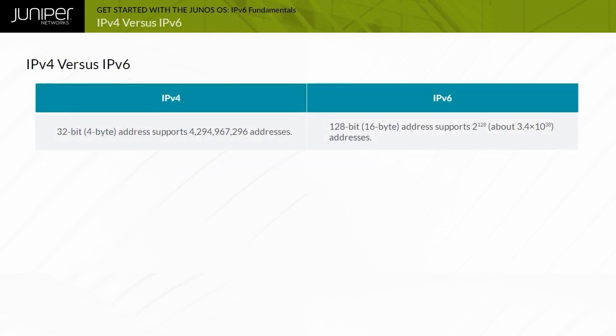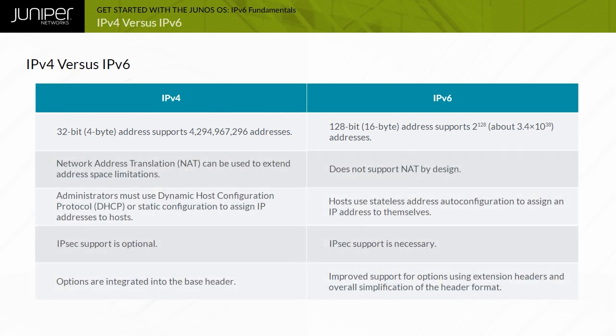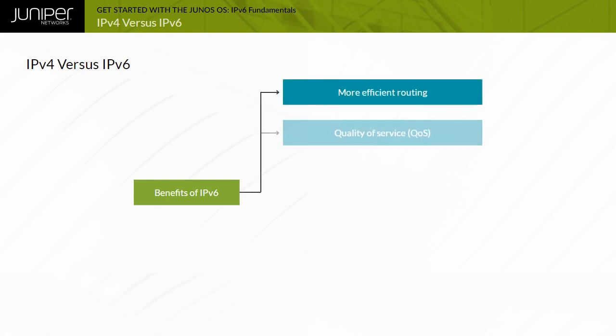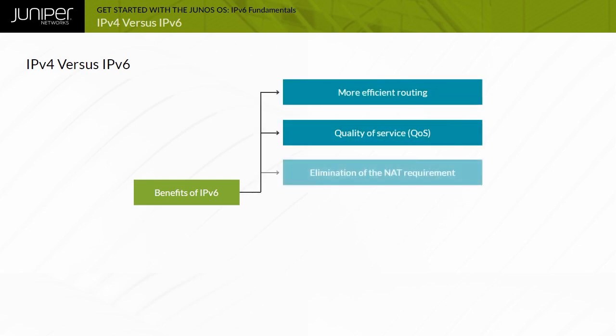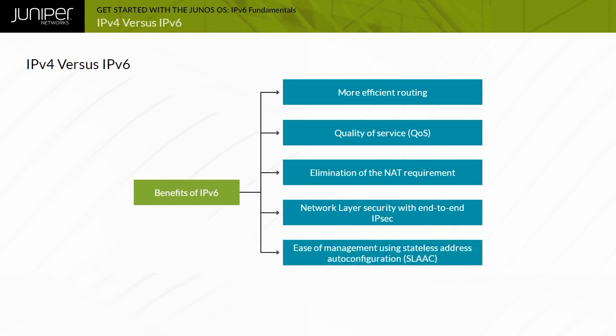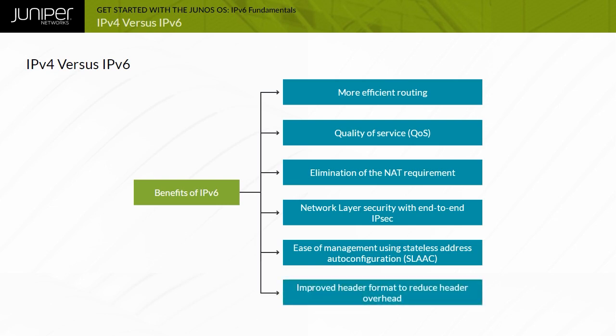Although address exhaustion was a major reason for the development of IPv6, several other issues exist that IPv6 attempts to resolve. The displayed table shows some of the differences between IPv4 and IPv6. Some of the additional benefits of IPv6 include more efficient routing, quality of service, or QoS, elimination of the NAT requirement, network layer security with end-to-end IPsec, ease of management using stateless address autoconfiguration, or SLAAC, an improved header format